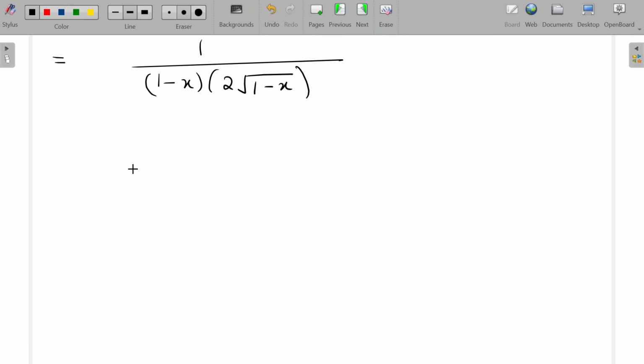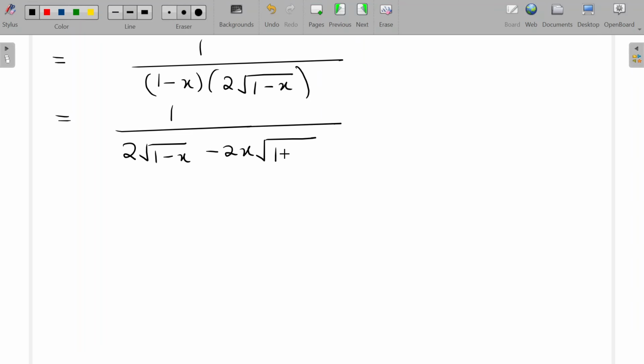Therefore I have this. So after I reach this point, I'm just simplifying now. 1 over this multiplied is going to be 2 times the square root of 1 minus x, and then now again this multiplied is going to be negative 2x times the square root of 1 minus x. Okay, therefore you have this,